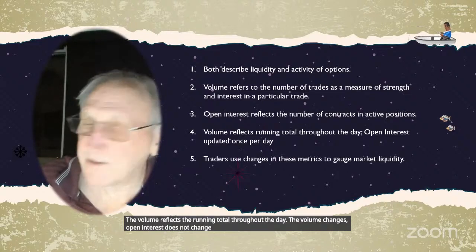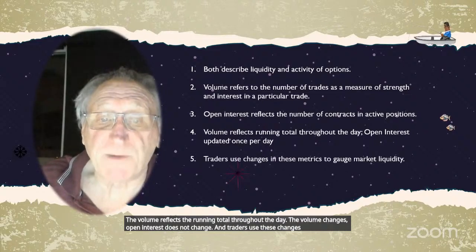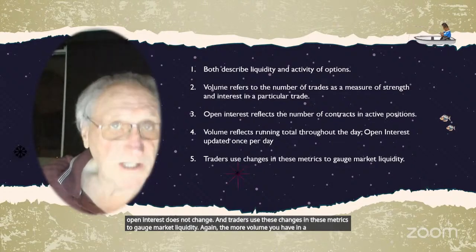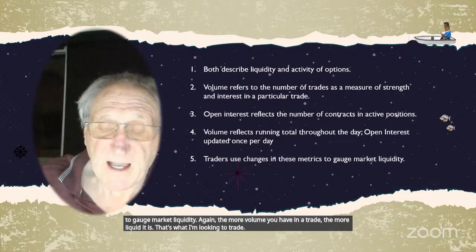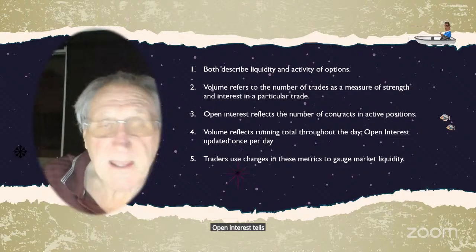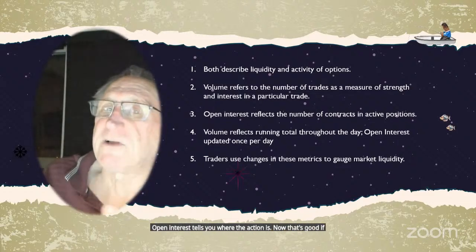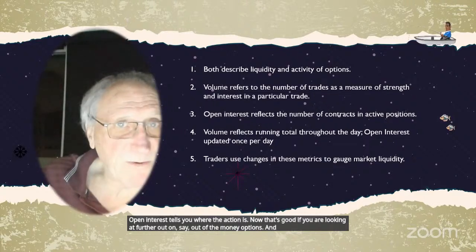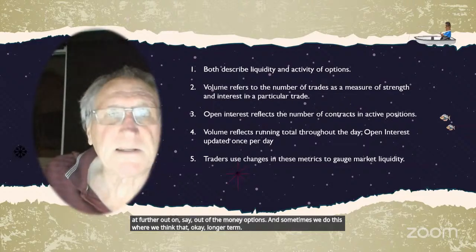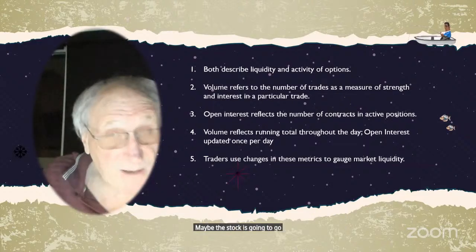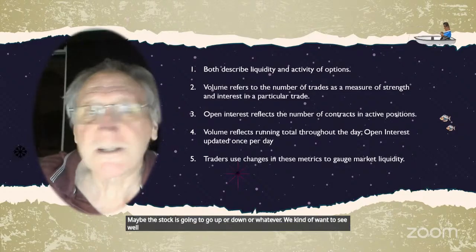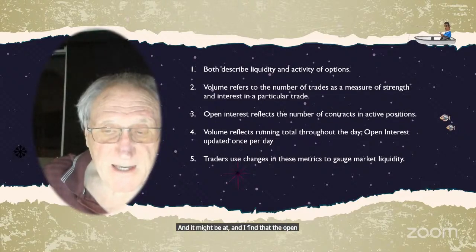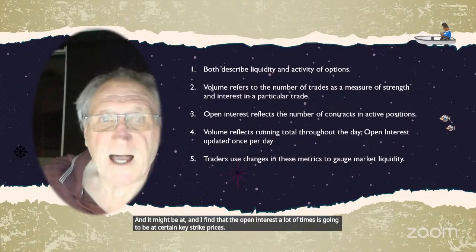Traders use these changes in these metrics to gauge market liquidity. Again, the more volume you have in a trade, the more liquid it is. That's what I'm looking to trade. Open interest tells you where the action is. That's good if you are looking further out on, say, out of the money options. Sometimes we think that, longer term, maybe the stock is going to go up or down, and we kind of want to see where the party's at. And I find that the open interest a lot of times is going to be at certain key strike prices,